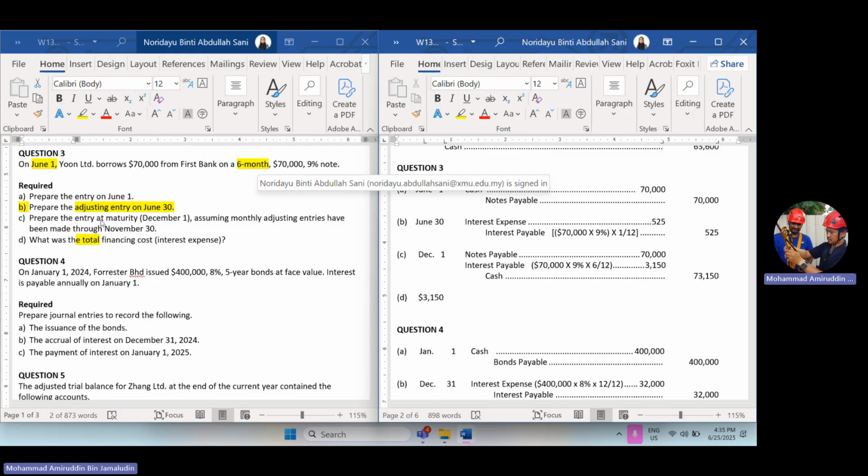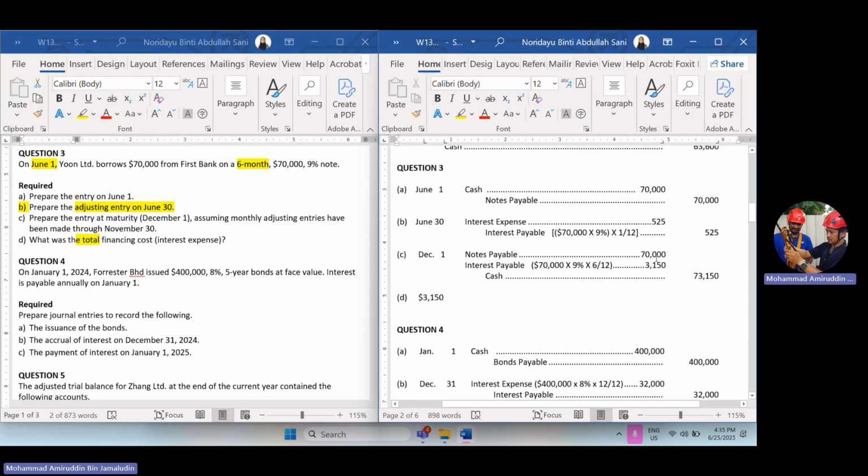You see, prepare the entry at maturity. They don't say you pay the principal or interest like the previous question. But automatically you should know when they say prepare the entry at maturity, that's the day we have to pay. Because this is a liability, and it has a due date. When is the due? Next 6 months after 1st June. So how much is your notes payable? We computed just now the 70,000 here. So I debit